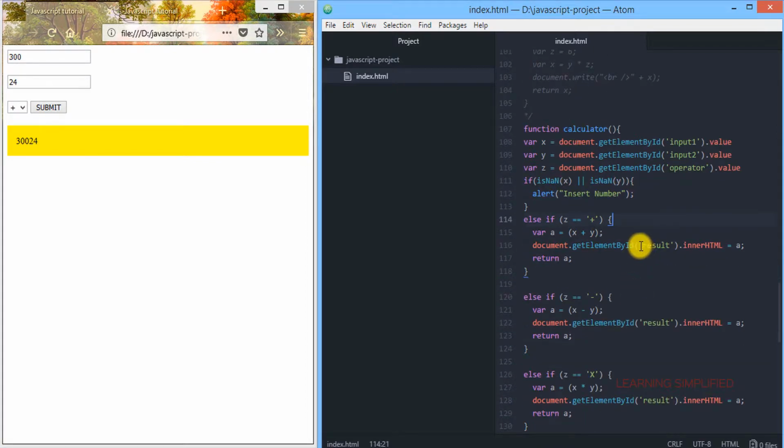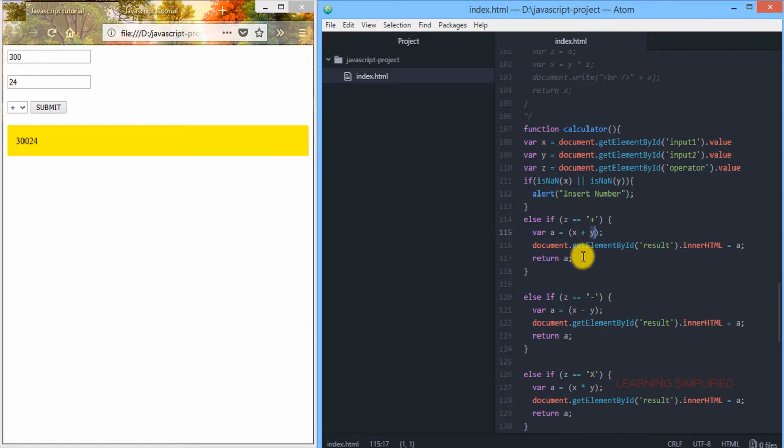We can see that in this particular sum condition, variable a is assigned from variable x and variable y. You wanted to sum them up, and this is the symbol of arithmetic addition. But unfortunately, in JavaScript the syntax of concatenation is a plus sign too, and that is why instead of summing these two numbers up, it is concatenating them.